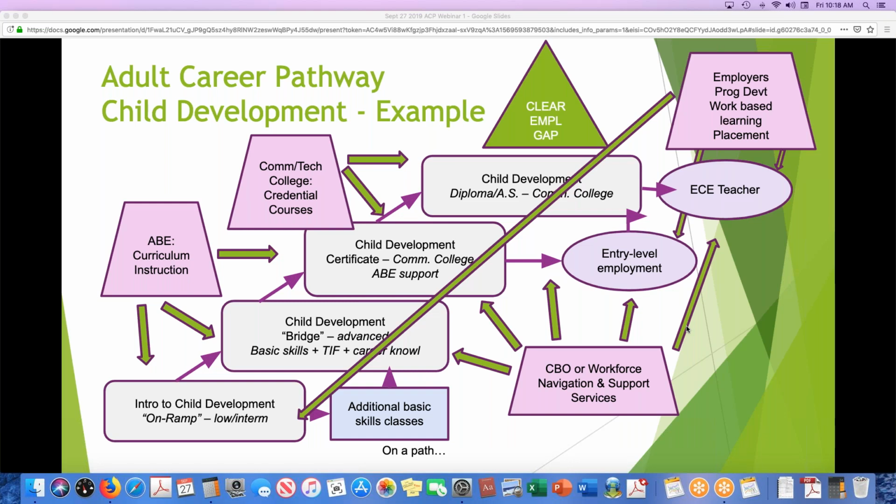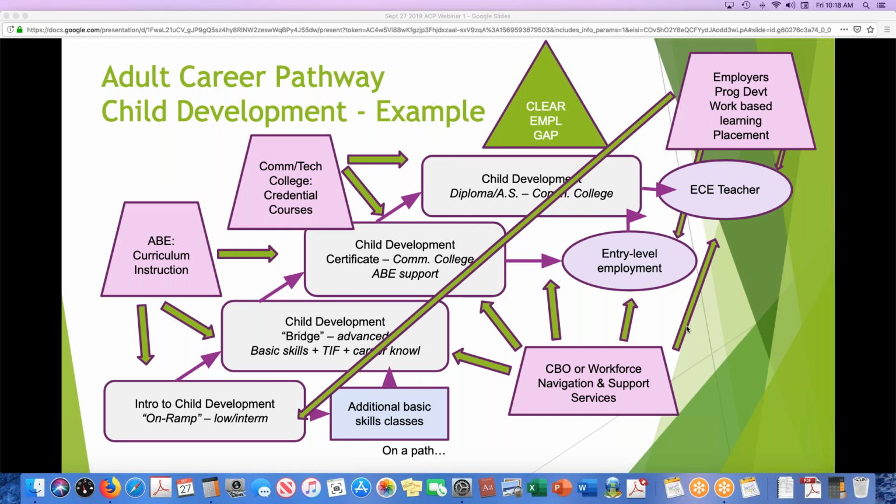What I'd like to highlight, and I think all of us on the adult career pathway team, is to say you don't need to think you have to have everything in place to move forward with career pathway programming. Find a place where you can begin, and it could be at that on-ramp, the bridge course, or even beginning to contextualize your adult basic education curriculum. We'll be going back, looking at some of what our colleagues have done around the state.